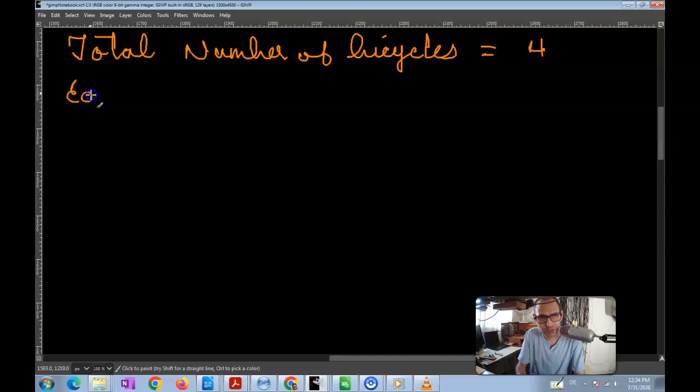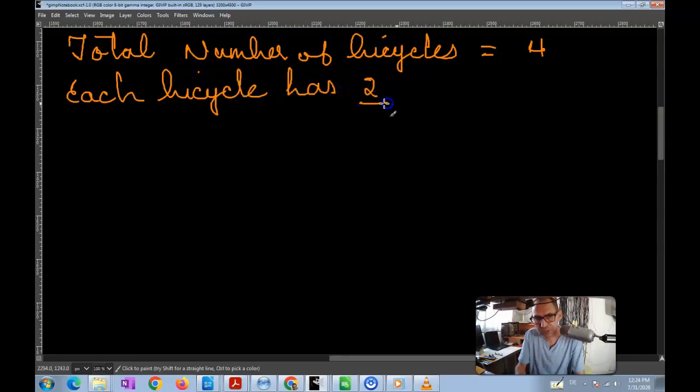Now each bicycle has 2 wheels, right? So essentially we have 4 bicycles and each bicycle has 2 wheels. As a result, the total number of wheels